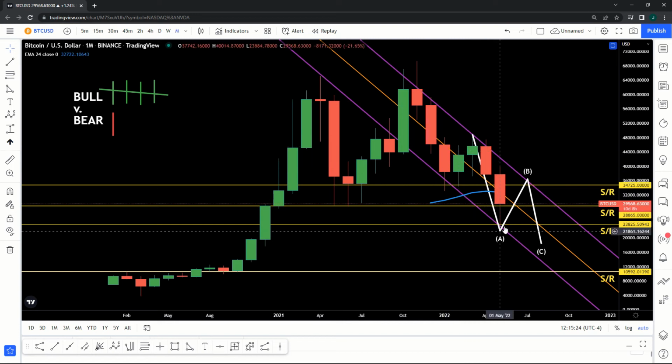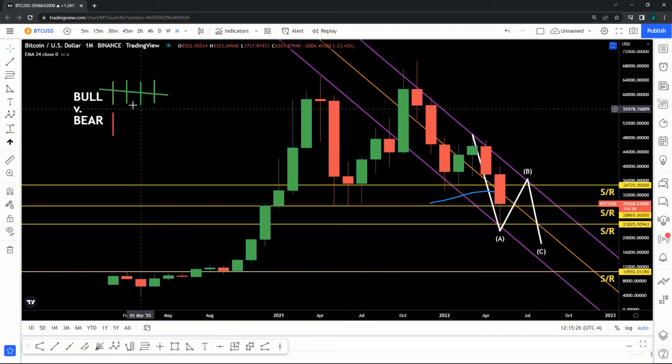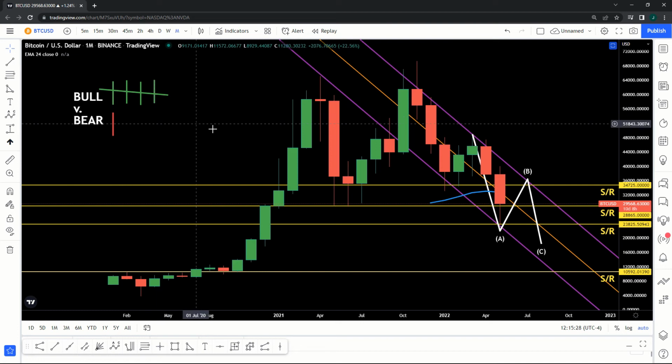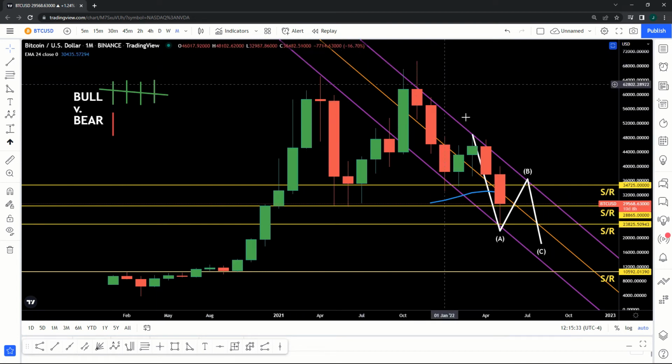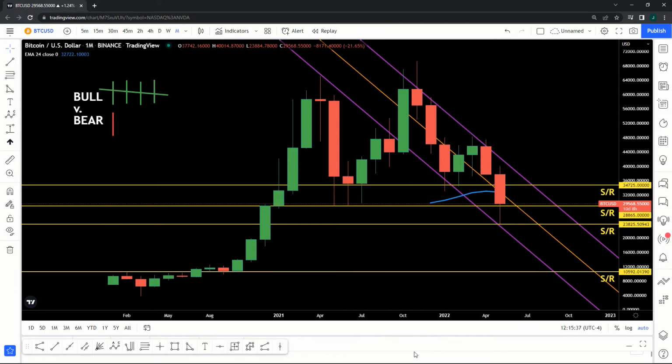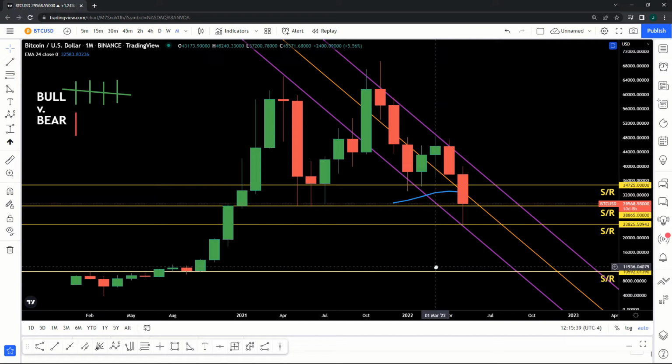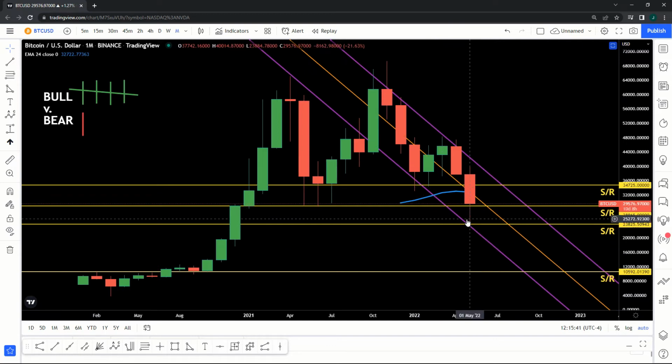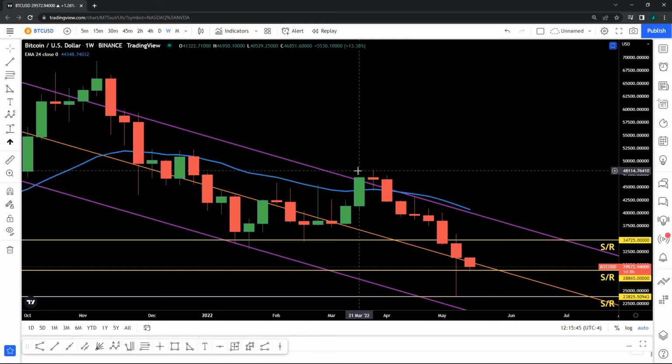Even though there's a lot of pain right now, the overall trend is bullish. The next leg up would be greater than 70,000 based on this assessment and from my perspective, right? So that's bullish. Now, if we look at the weekly time frame,